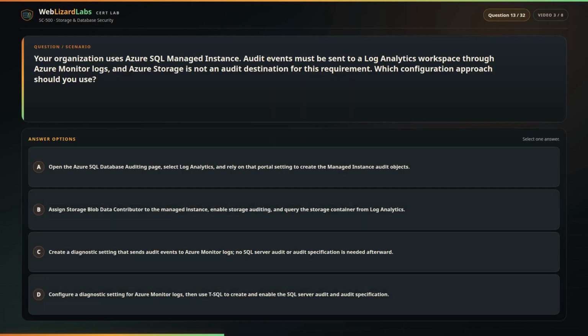Question 13. Your organization uses Azure SQL Managed Instance. Audit events must be sent to a log analytics workspace through Azure Monitor Logs, and Azure Storage is not an audit destination for this requirement. Which configuration approach should you use? A. Open the Azure SQL Database Auditing page, select Log Analytics, and rely on that portal setting to create the Managed Instance Audit objects. B. Assign Storage Blob Data Contributor to the managed instance, enable storage auditing, and query the storage